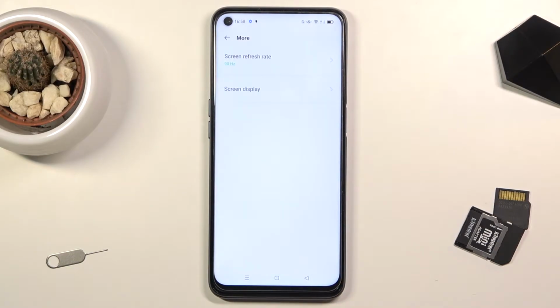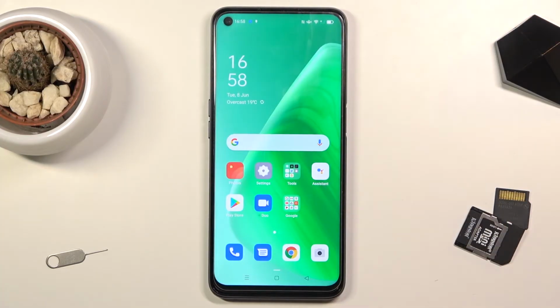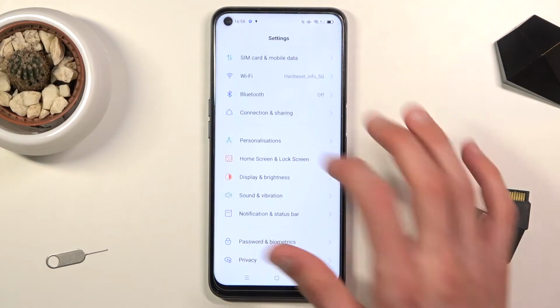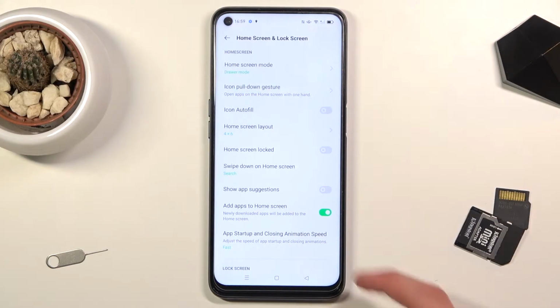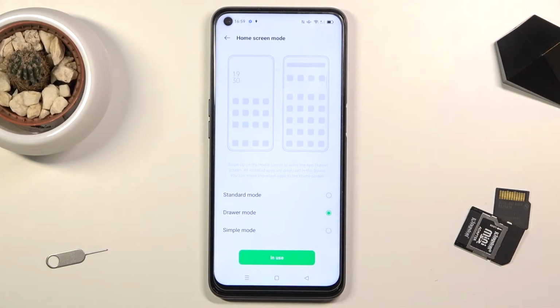Now moving on to the next option, it's going to be the app drawer. By default, I believe it comes with an app drawer. So overall the settings right here, again, home screen and lock screen. Right here we have the home screen mode, which will allow you to choose from the app drawer, the standard, which is something that I would call an Apple feel,